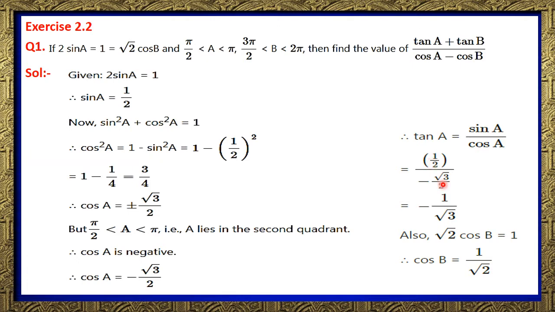Sin A is 1 upon 2 and cos A is minus root 3 upon 2. So 2 can be cancelled here, so the value is minus 1 upon root 3. Also given that root 2 cos B is equal to 1, then cos B can be written as 1 upon root 2, and